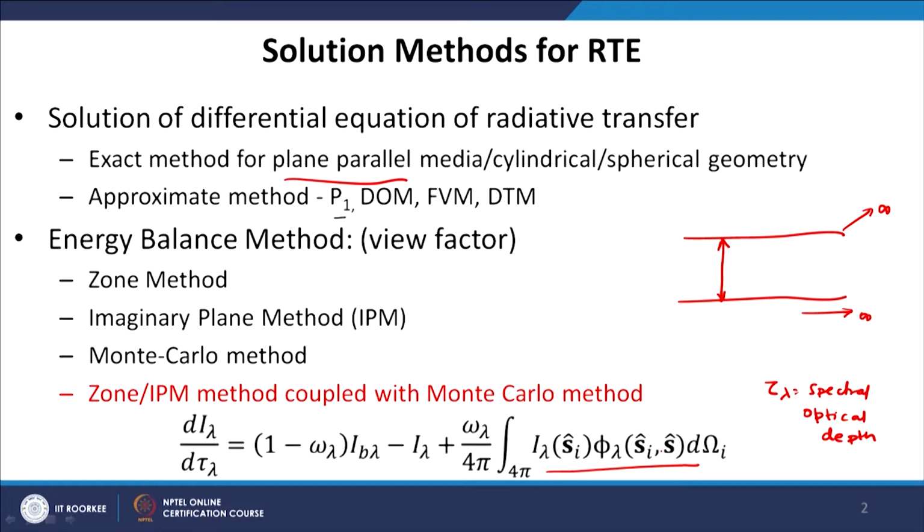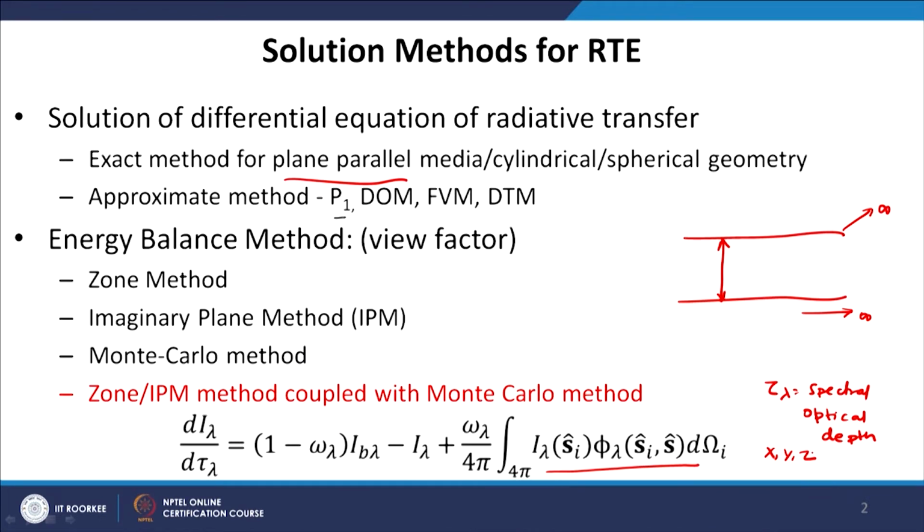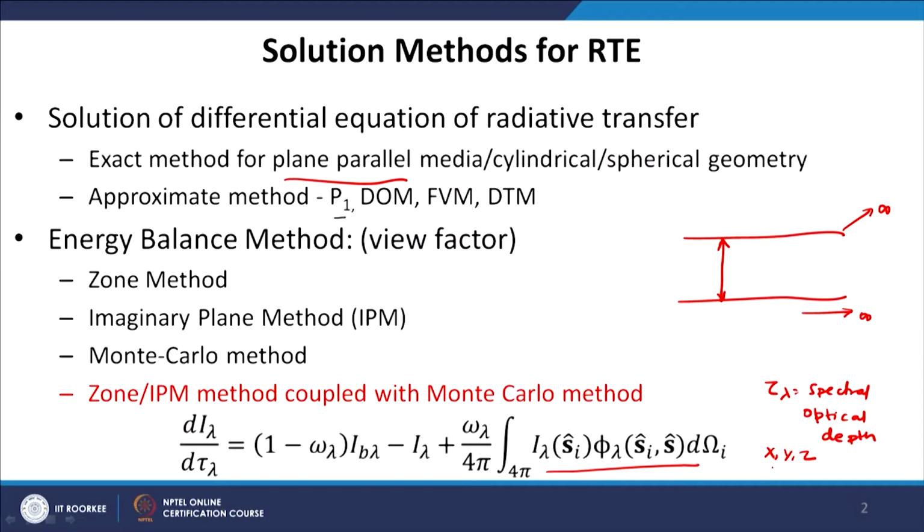Now, we have 6 coordinates or 6 independent parameters here. The 3 parameters are the spatial coordinates x, y and z, and as engineers we are used to solving partial differential equations in 3 dimensional space. So, x, y, z is not an issue as far as the solution of this equation is concerned. The one other parameter is the wavelength. Now, we will solve this problem for a single wavelength and then we will integrate over all the wavelengths.